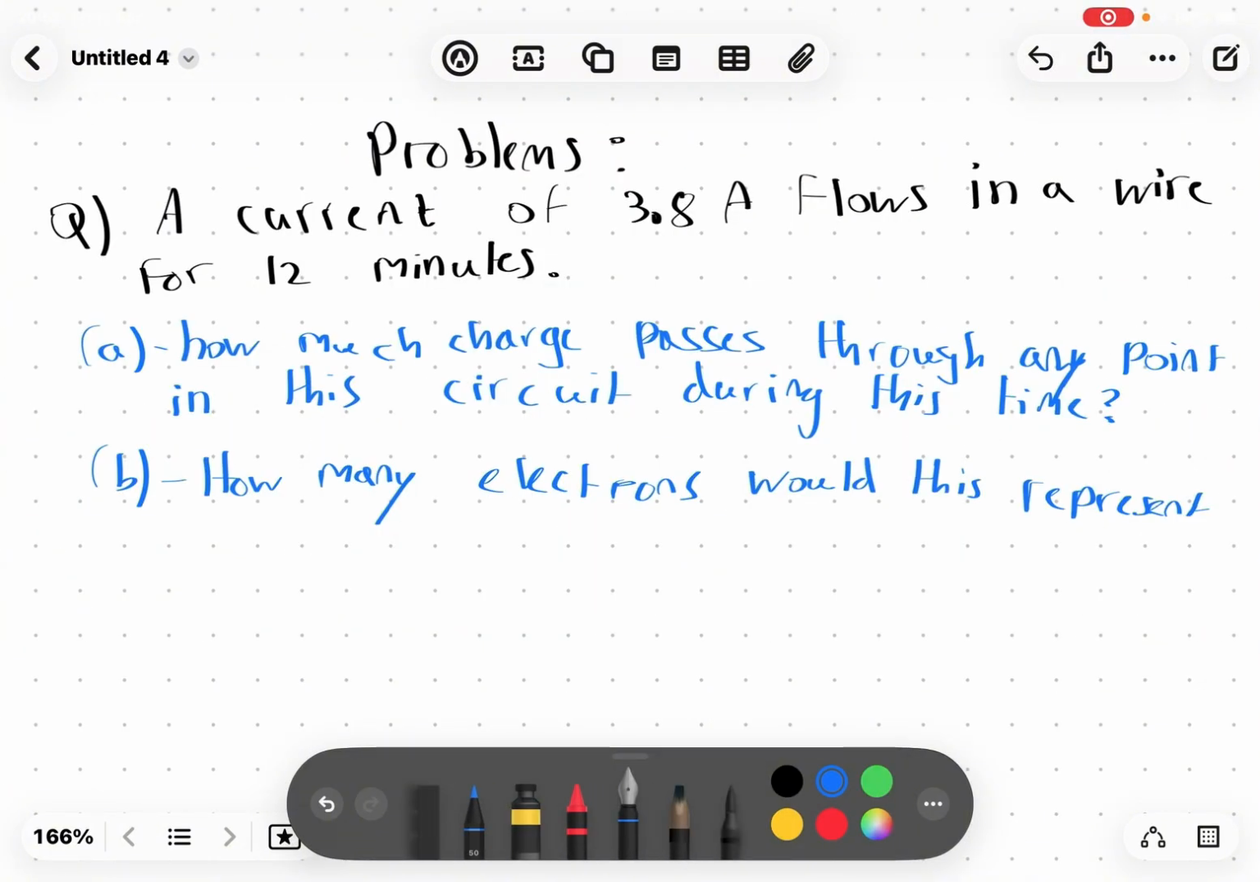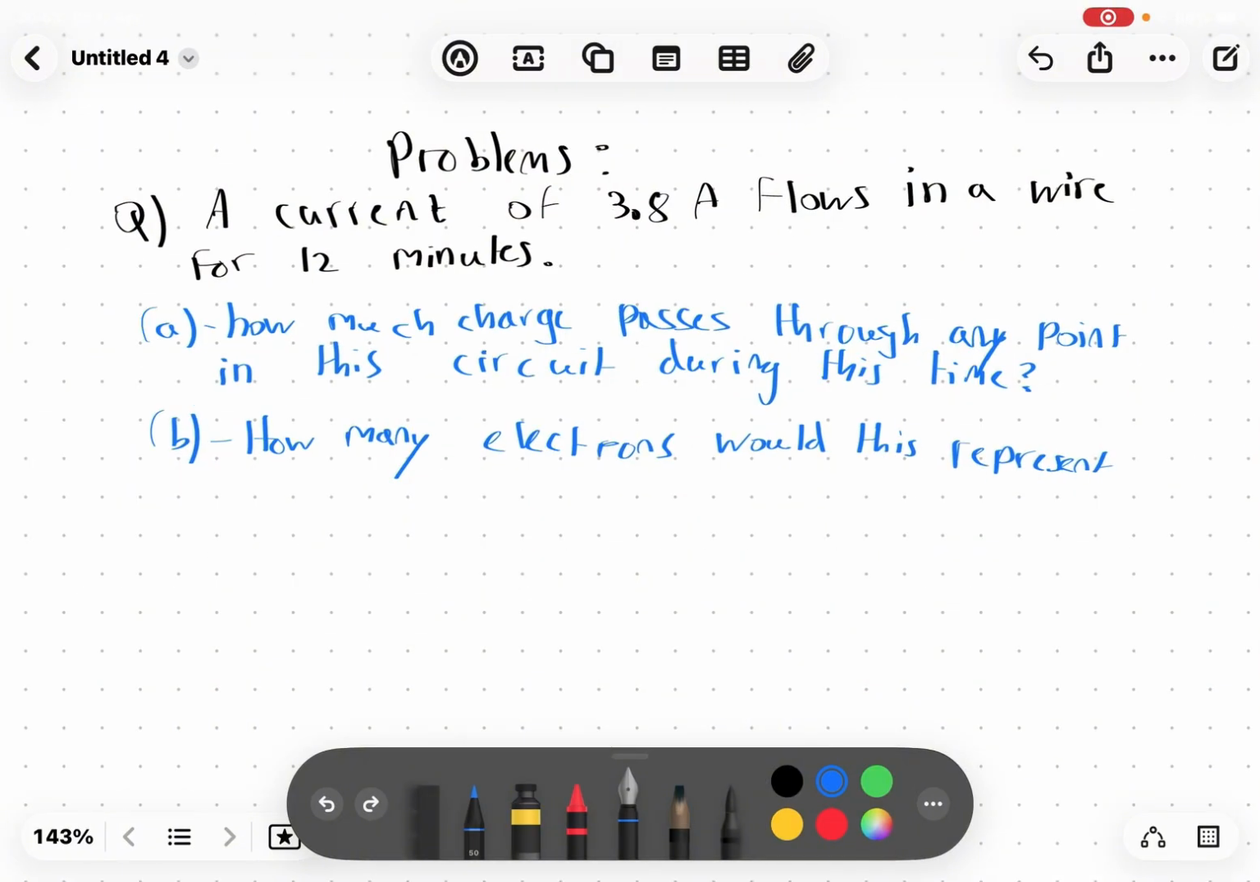So the first example problem is a current of 3.8 amps flows in a wire for 12 minutes. How much charge passes through any point in this circuit during this time, and how many electrons would this represent? So first of all, we have to convert this into seconds. So times it by 60, so we will do 3.8 times 720 equals,